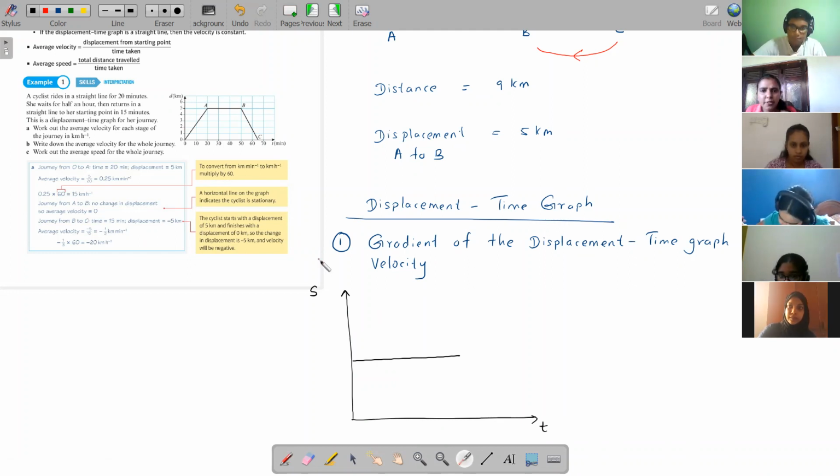So normally, children, are you aware of the gradient when a line is parallel to the x-axis? When a straight line is parallel to the x-axis, do you have any idea about its gradient? What do you have to say about the gradient when the line is parallel to the x-axis? Do you remember? Now the people with the cameras off, I would really prefer to hear an answer from you, because I don't know whether you are listening or not.